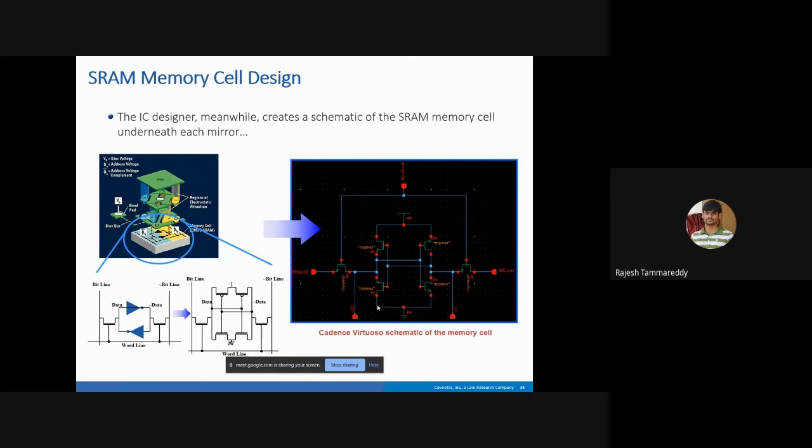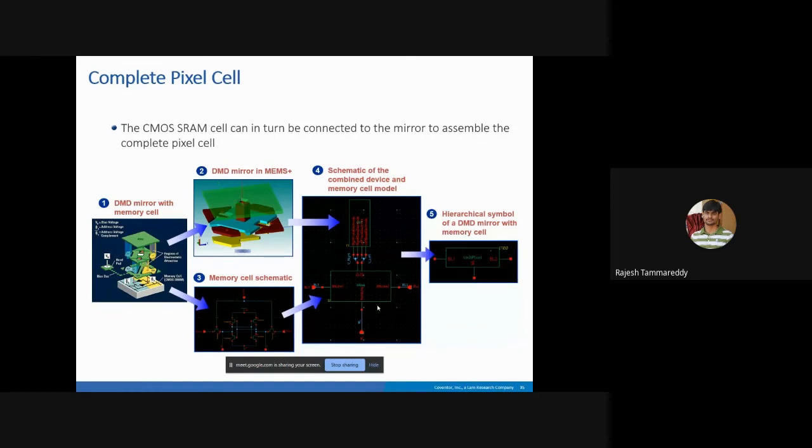Once the cell is created, schematic is created, we already have a block available in Cadence. This SRAM circuit created as a mirror model, right?